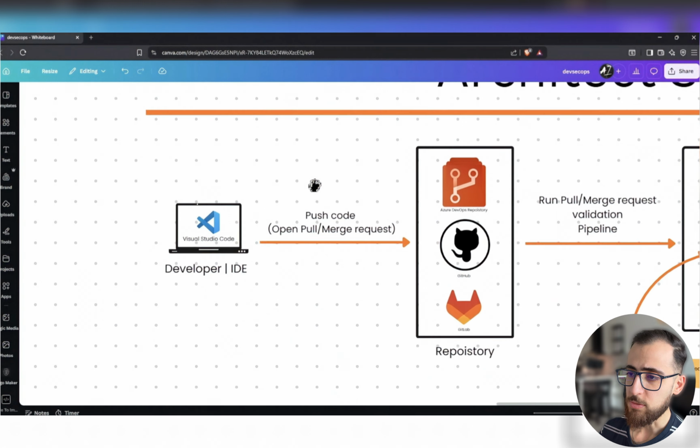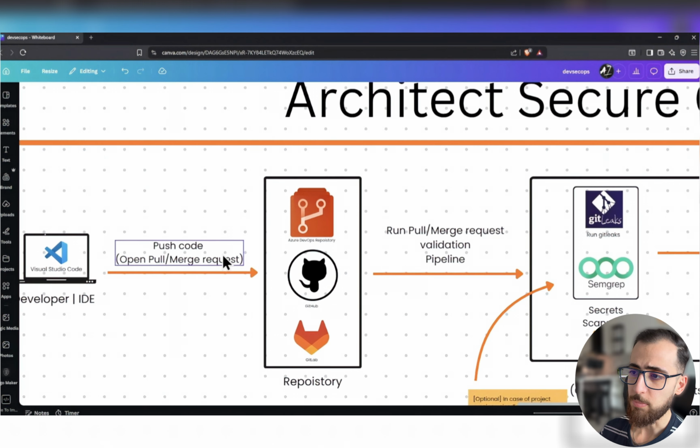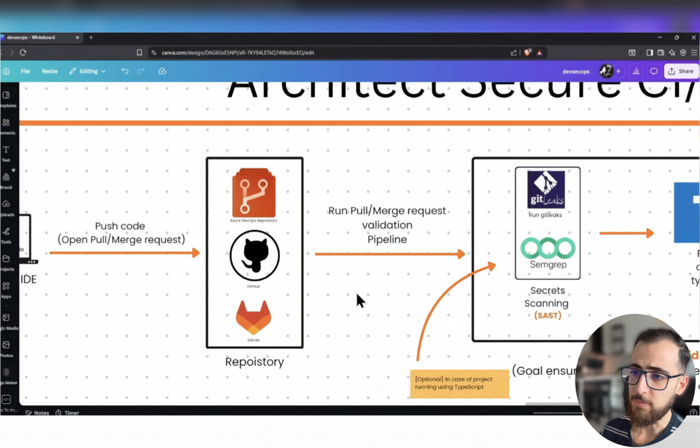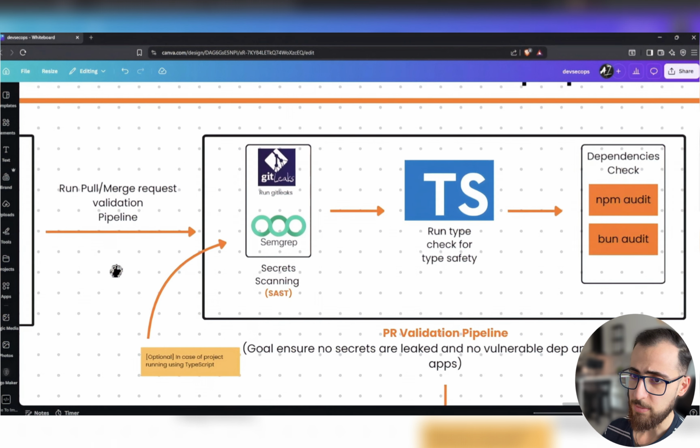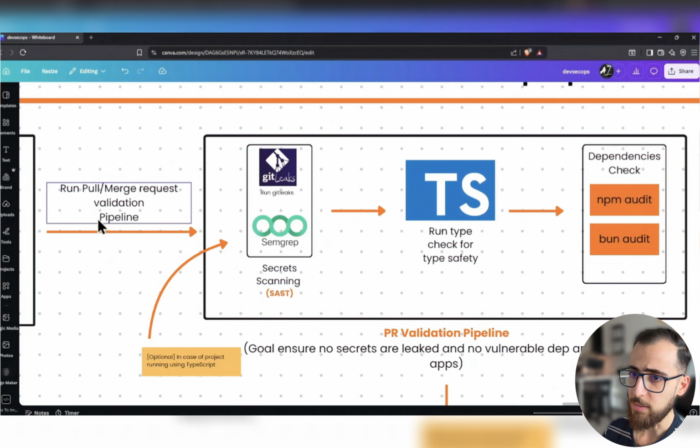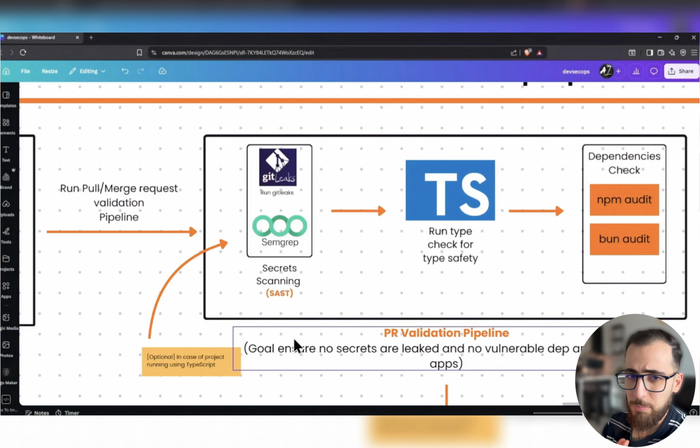what code is being pushed. So developer push a code, he tries to open a pull request, and that code lives in a repository, which will be either GitHub or GitLab or Azure DevOps. And then there will be a pipeline. And that pipeline, this is, I would say, the most simplest way to secure your application and your CI/CD pipeline. In that pipeline, you will have